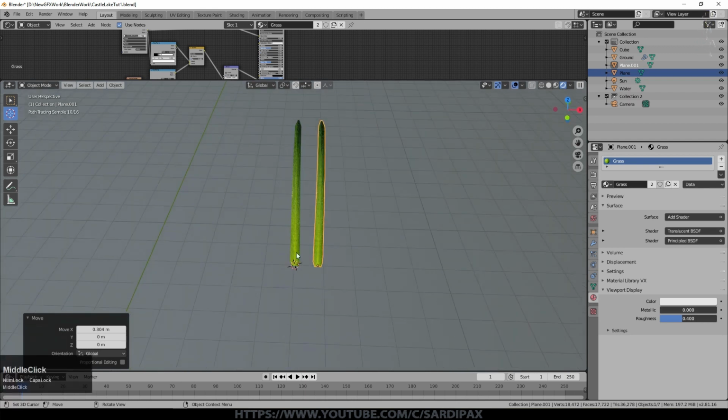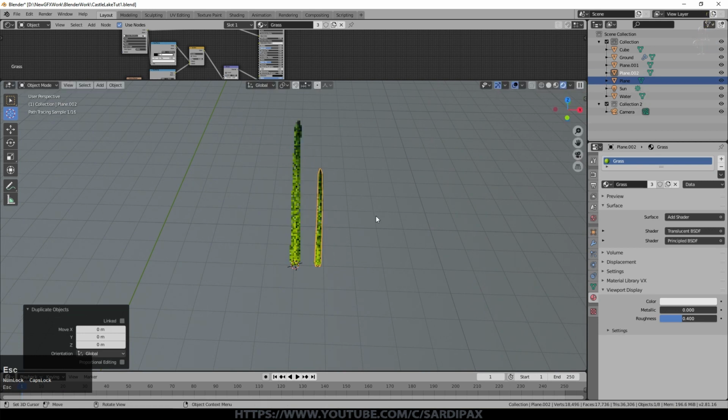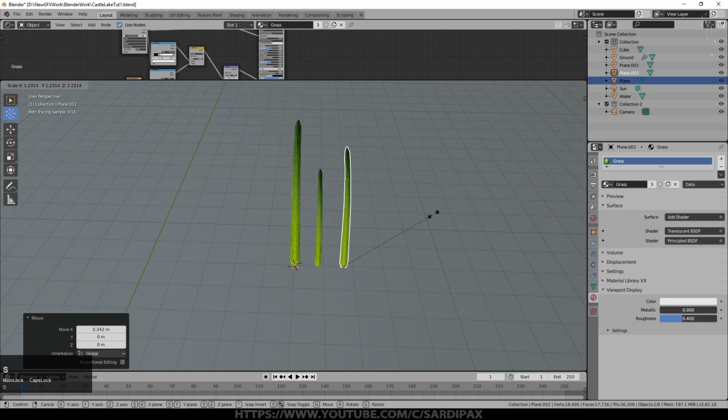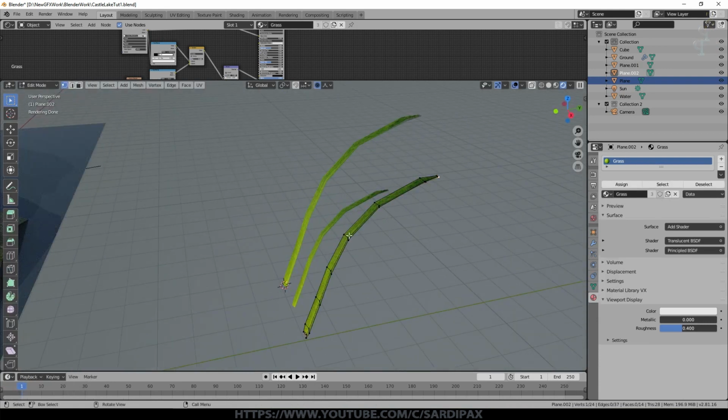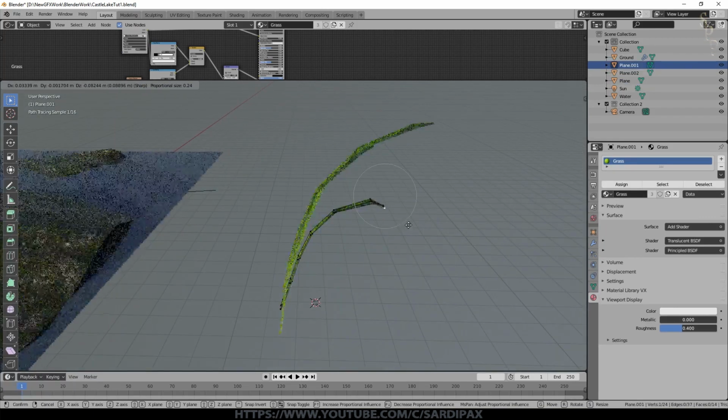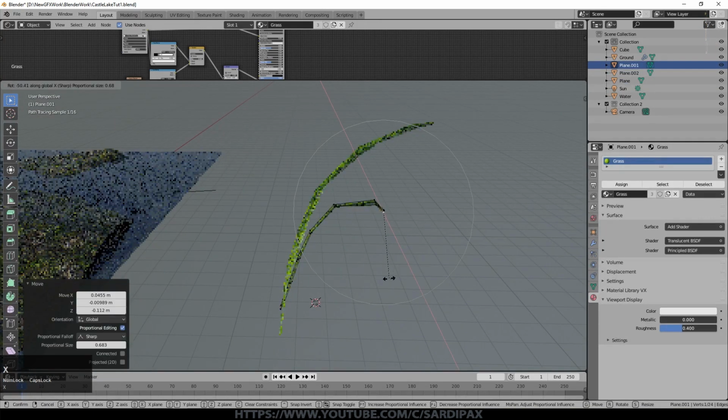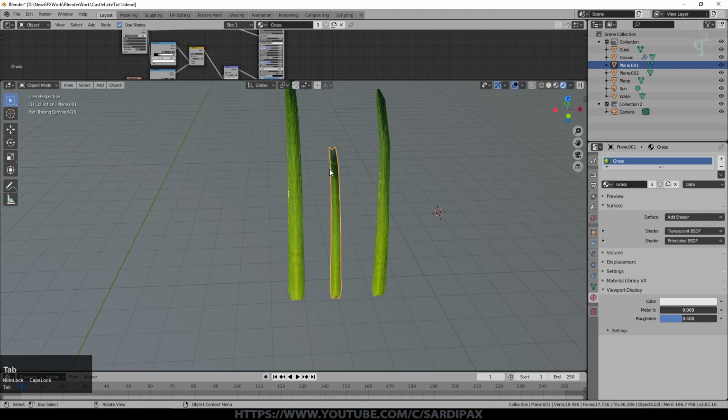You can obviously just group these blades of grass, but I will make a few variations of grass blades, not just different sizes. I'm just starting off with different sizes, but different shapes as well. Obviously, if you go a bit too extreme, it can be more of a problem. So we'll just go with 3 blades of grass for now.